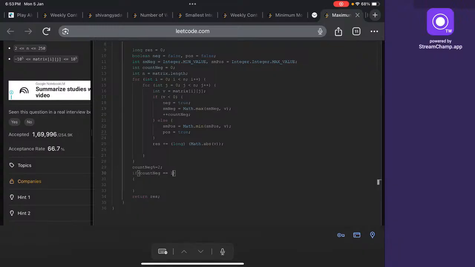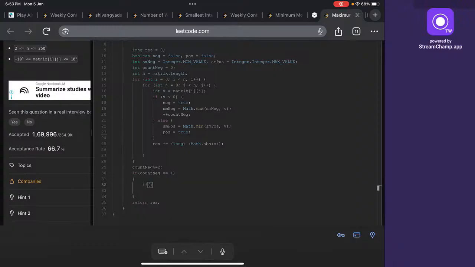Count of negative is 1, so there is one negative element that won't be able to pair, and if there is a positive element,